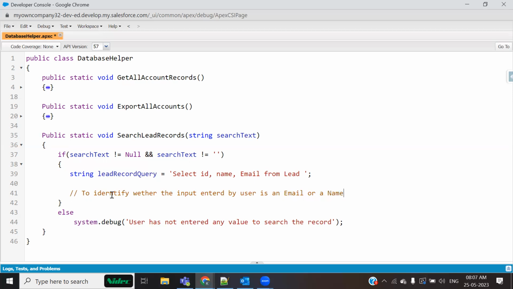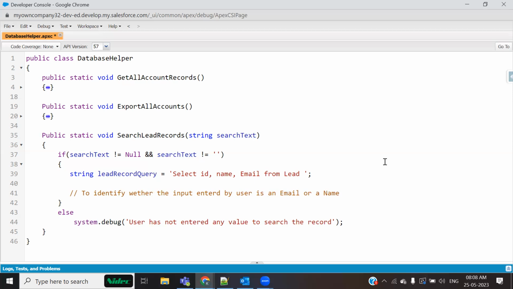To identify whether, I think whether की स्पेलिंग गलत होगी, चलो ये जो भी है हम समझ गए। टू आइडेंटिफाई वेदर द इनपुट जो यूजर ने एंटर किया है वो ईमेल आईडी है या वो नेम है,